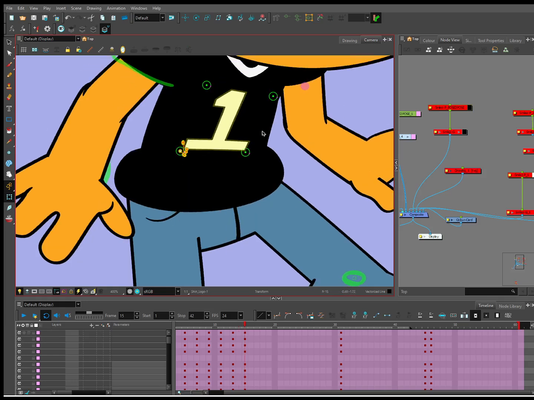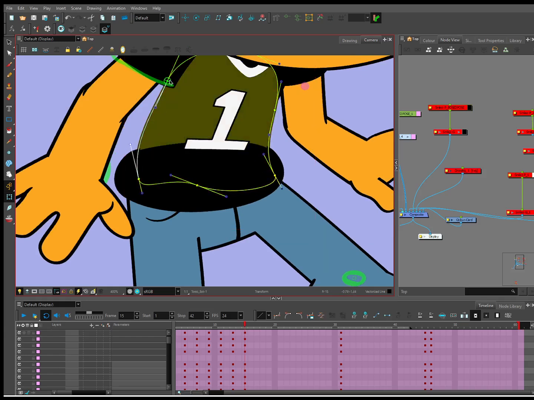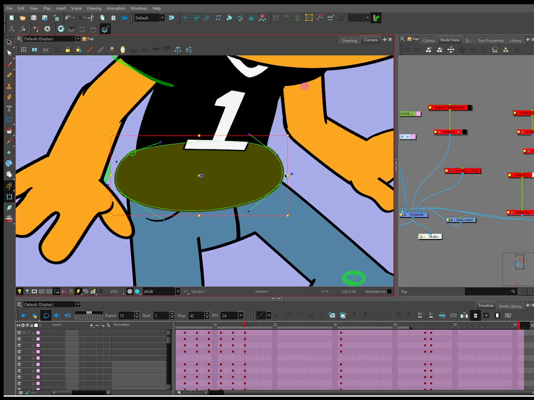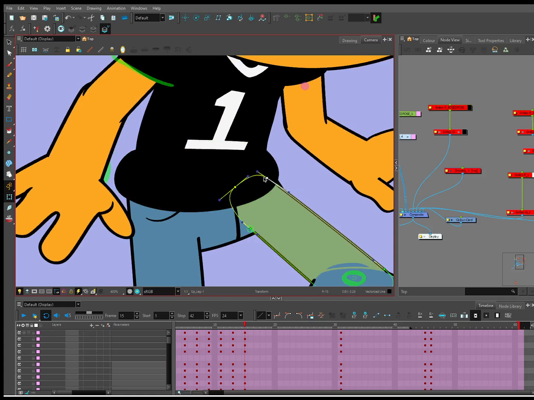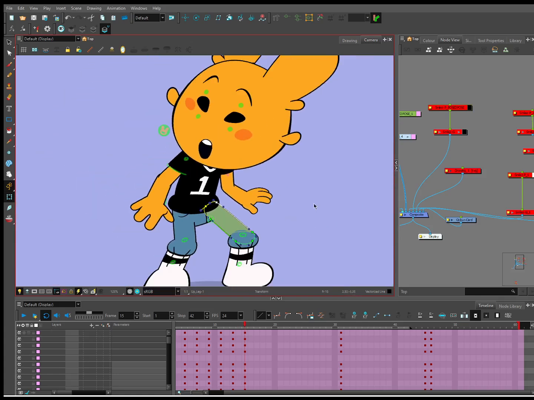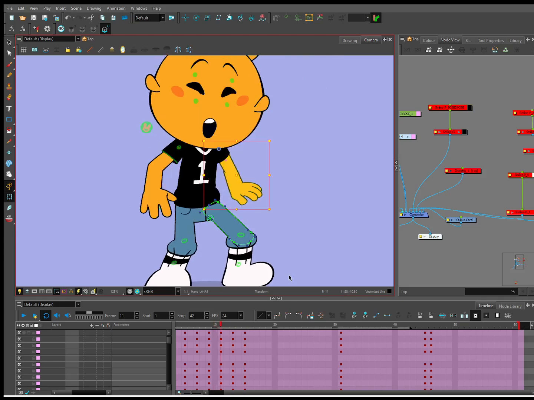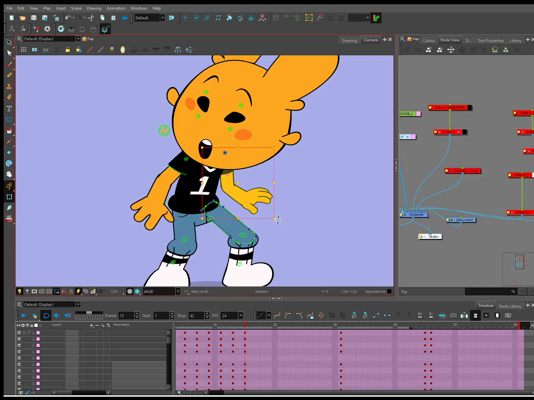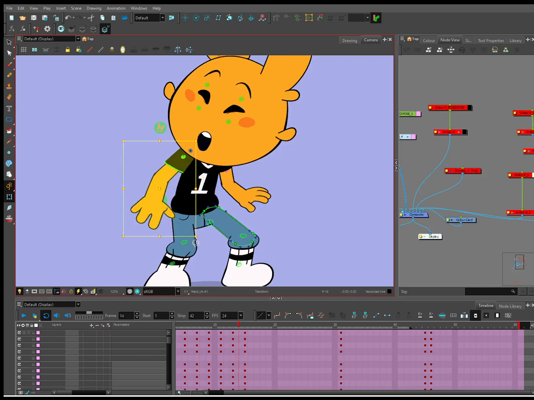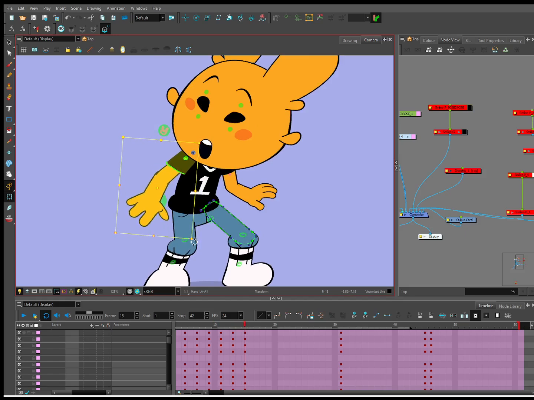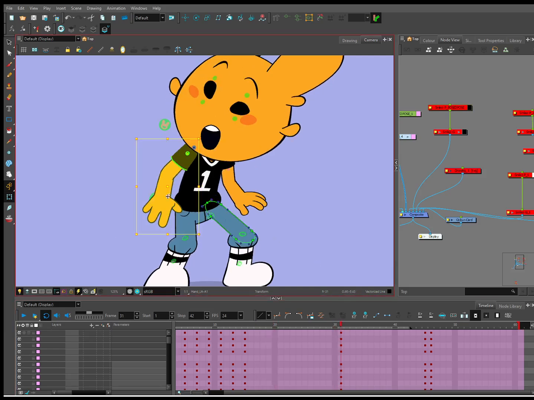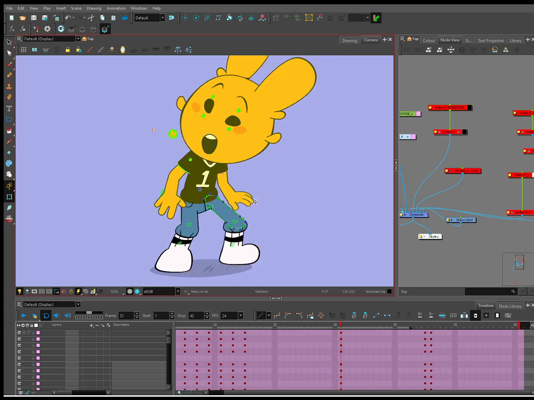And that means things are going to bend more, right? Gonna drop his shoulders a little bit at the end here. It just feels more natural. There you go.